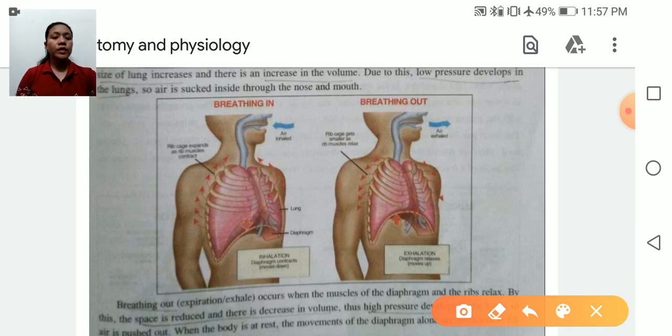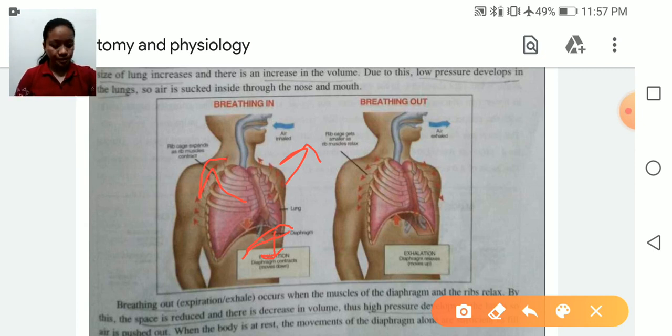Just like during inhale, at the time of inhale, the muscle, the ribs go upward. The ribs go upward, and the diaphragm, this is the diaphragm. If the diaphragm comes downward,